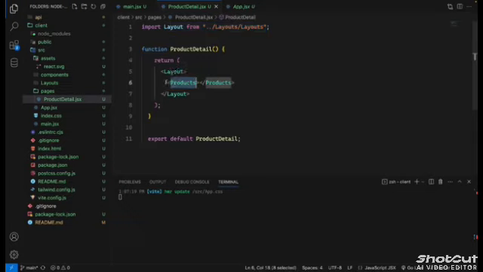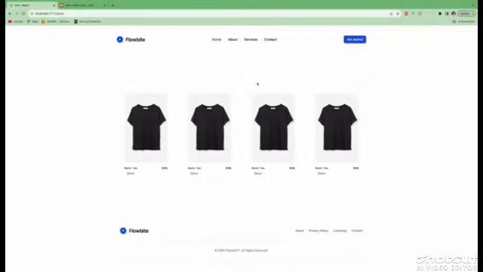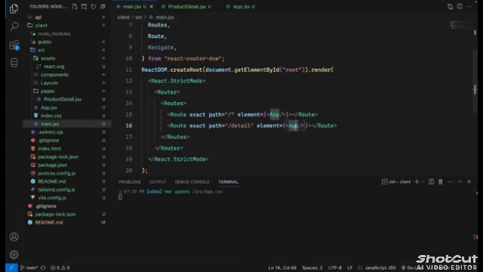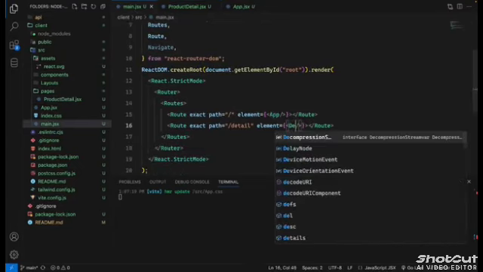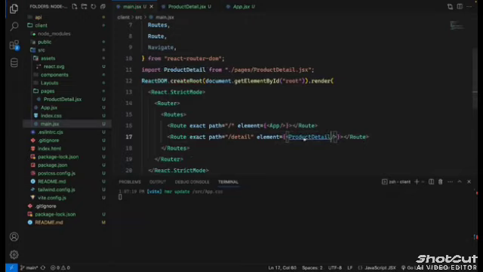We will not use this product, so we will delete, and then we'll say detail page. Okay, so if I refresh the page, yeah, for sure in our main.jsx we need to import our product detail component. Okay, here, so we can